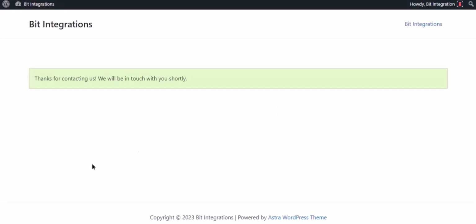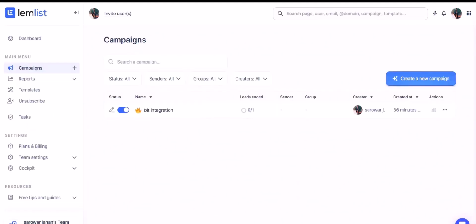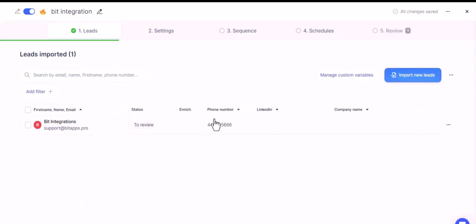The form is successfully submitted. Now go to the Lemlist site. Bit Integration. And you can see the data came